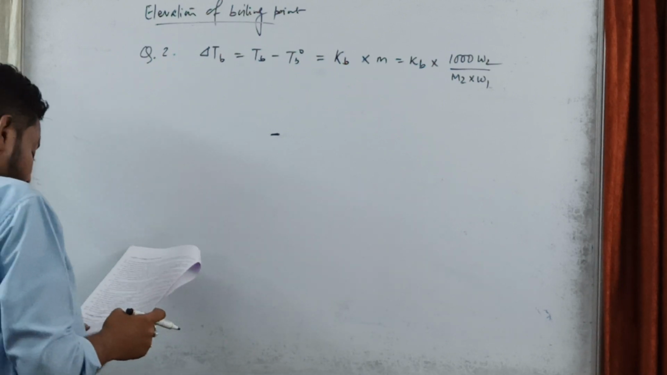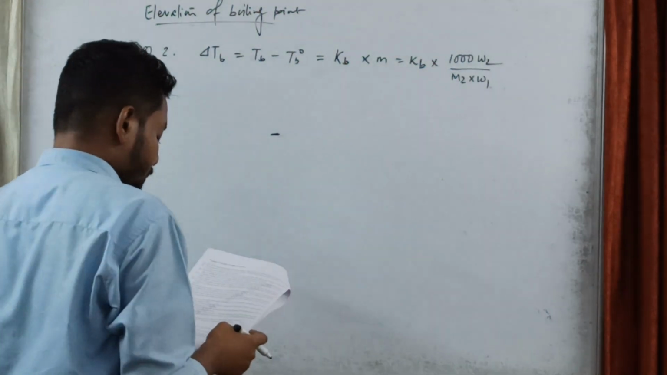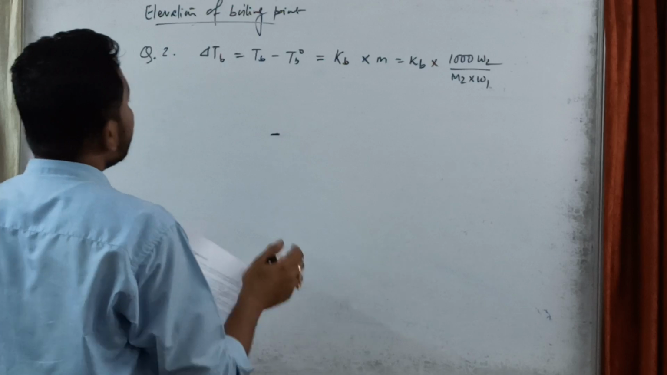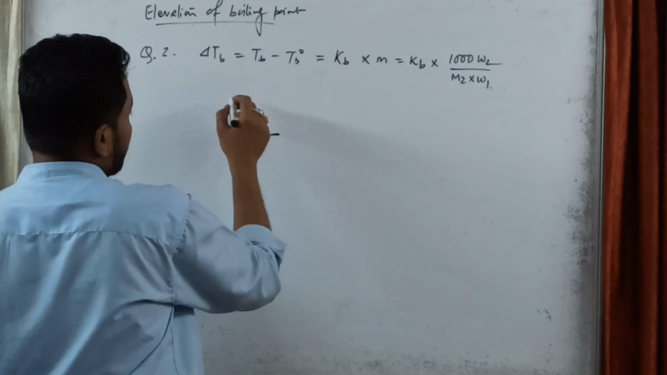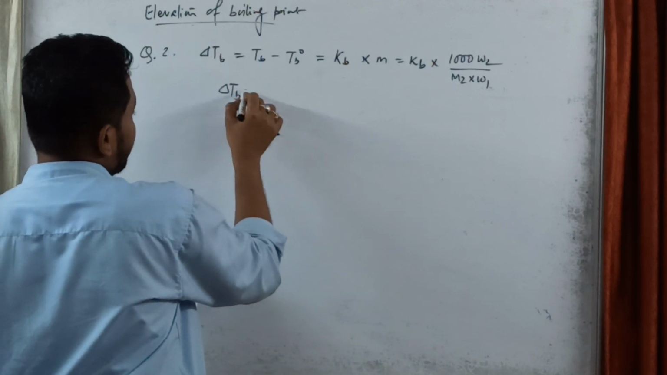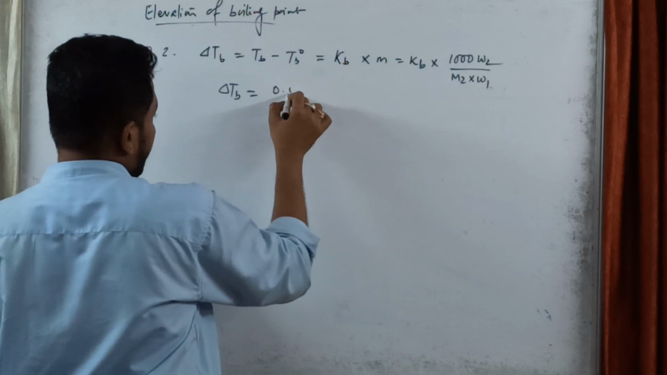Now the Kb value. They want to know at what temperature the water will boil. That means Tb you need to calculate. Tb0 you already know. So first of all you calculate delta Tb. Kb value is given, 0.52,